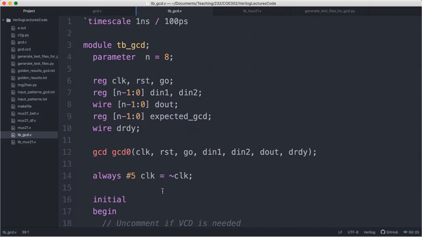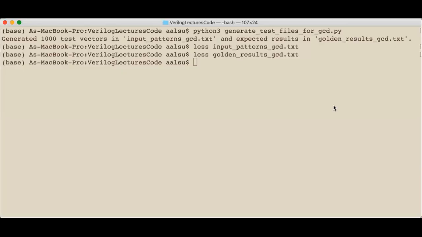Okay, can go ahead and compile it so that you guys see. So iVerilog. By the way, iVerilog is the Icarus Verilog compiler, and it's open source and free, so you can download it and install it on Windows or Mac or whatever environment that you have, even Linux. Okay, so yeah,